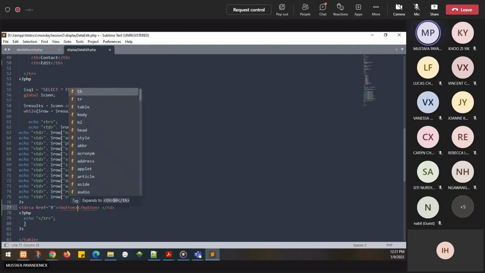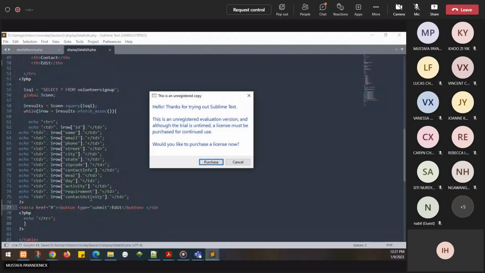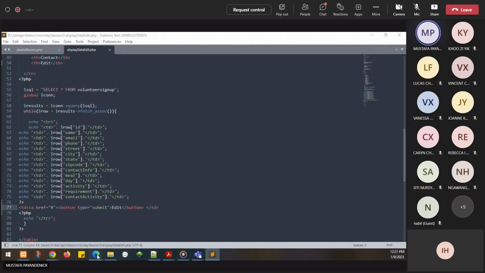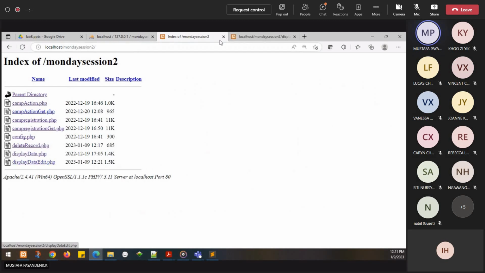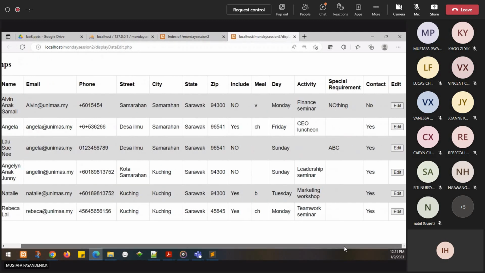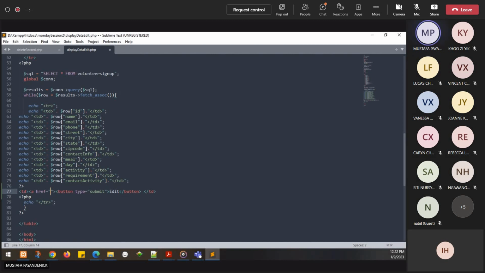And I just add the button. Okay. What is the type of button? I say it's a submit button. So I just put edit. Let me go here. Let me refresh this one with edit. Okay, we have the edit button, but it's not going to do anything. Because why? Because it's not going anywhere. I want to say go to, for example, edit the record